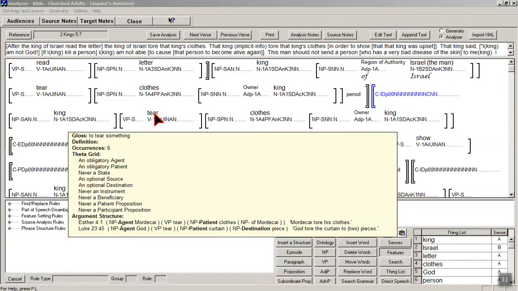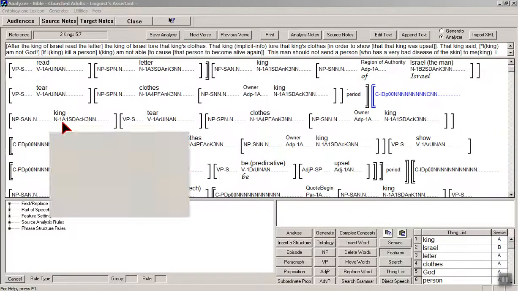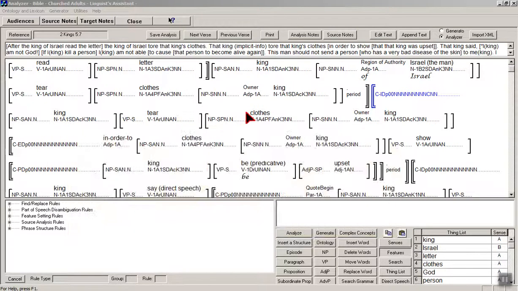And tear has an obligatory agent and obligatory patient. So the agent is the king. The king's the one who's acting, and the clothes are the thing that's acted on. So